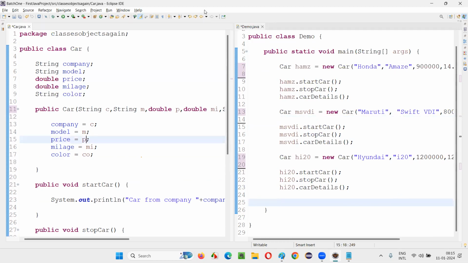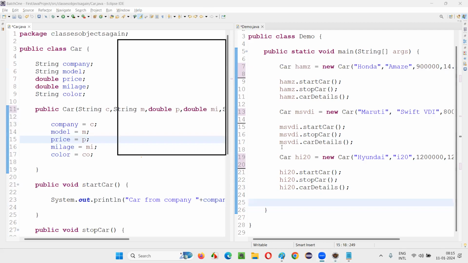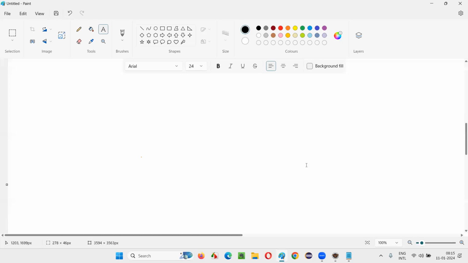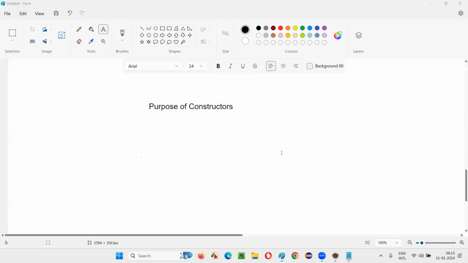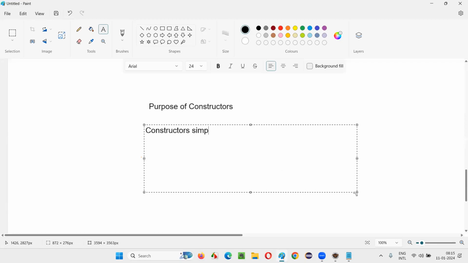So now tell me, what is the purpose of a constructor? After listening to all these things, what is the purpose of constructors? Everyone has to answer me. Someone was asking me what the definition of a constructor is. So the definition of the constructor is nothing but the purpose of the constructor.